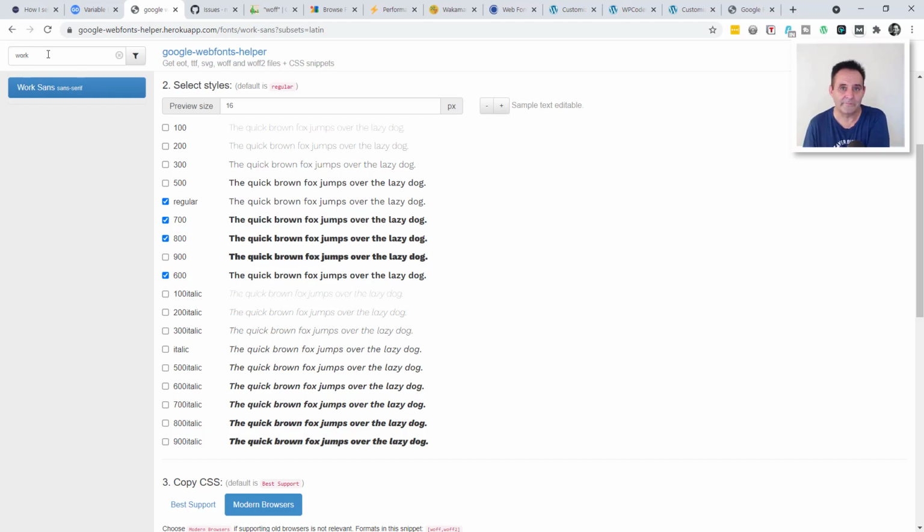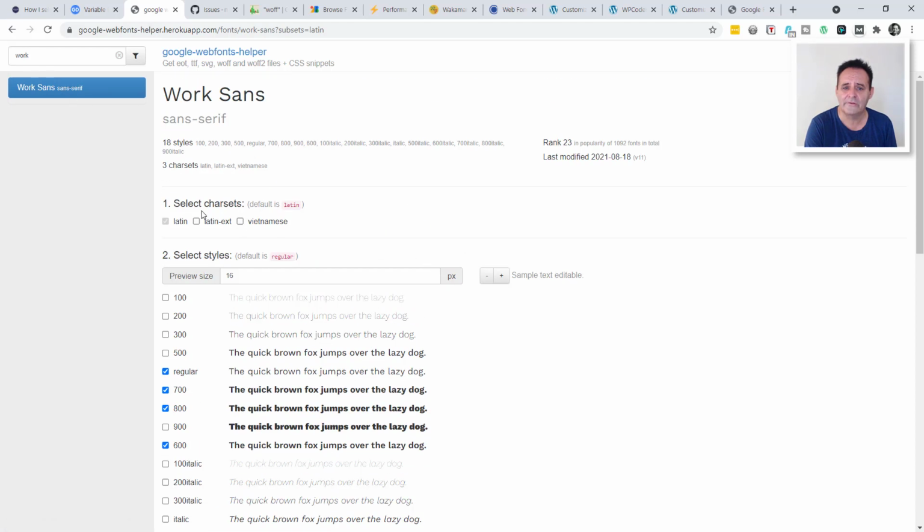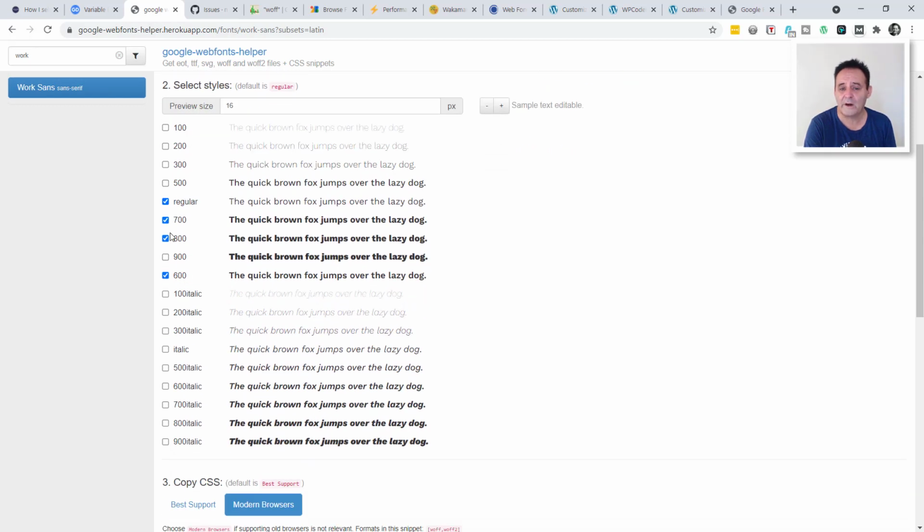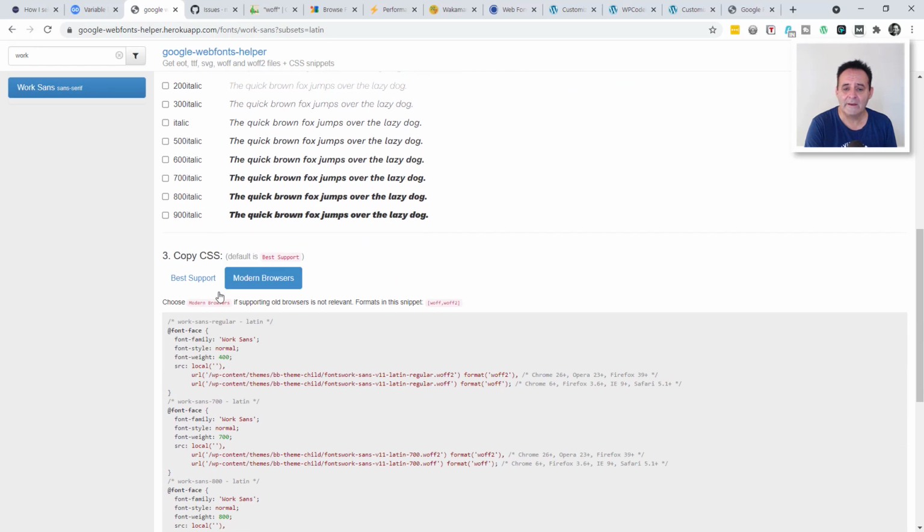I've used it for some of my sites here, so it's not that it's out of the question, but I'll cover later the downsides of it. So you search for the Google font that you want and select it here, and then at the top you can choose which character sets you want. It's pre-ticked to Latin, which is all I ever need. Then you pick the weights that you're going to use,